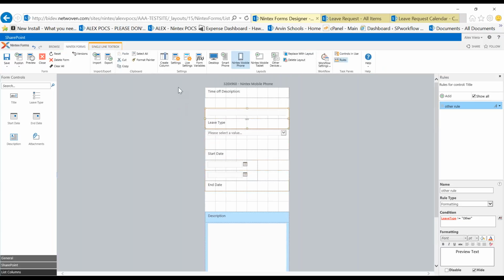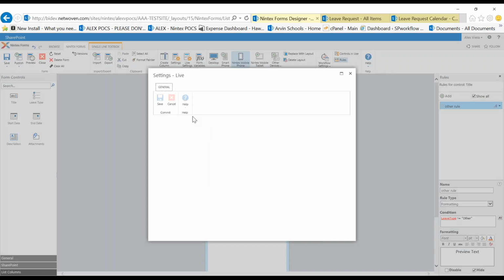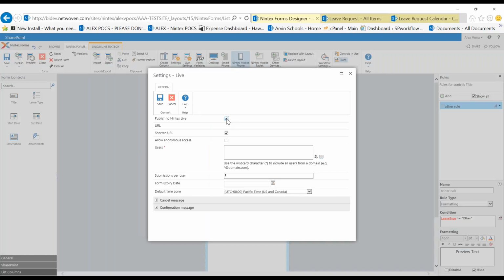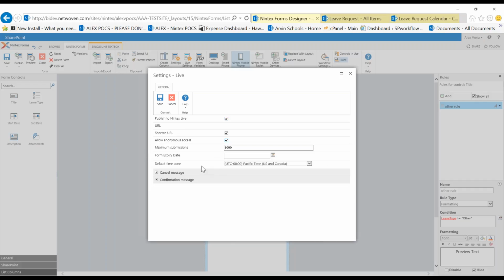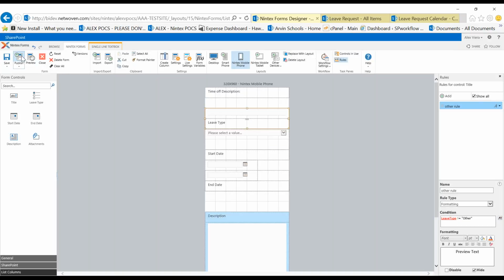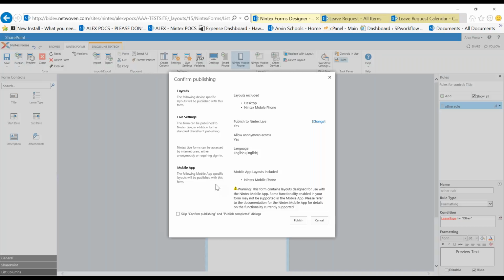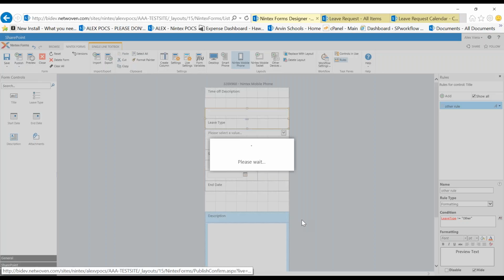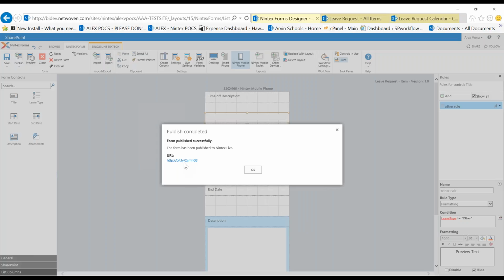I can also, like I said, with Nintex Live, push this outside the firewall. This form would probably not be a good candidate for outside the firewall because it would be for internal employees. But the great thing here is if I wanted to make this an anonymous form, let's say I'm going to save that and publish that. When we publish that, it's going to give me a URL that can be used for someone external to fill out that information. So here's the URL that you would use to give someone access outside your firewall for that.